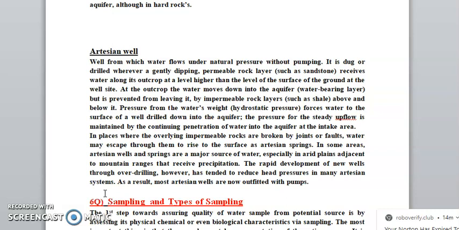Oceans are used abroad, like in the UAE, in desert areas where water is not available. They are using the ocean water through the desalination process. But in India, we are using surface water and subsurface water. Surface water we use from ponds for small purposes, and we are mainly using reservoirs.